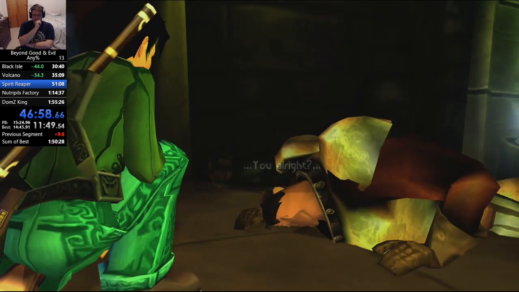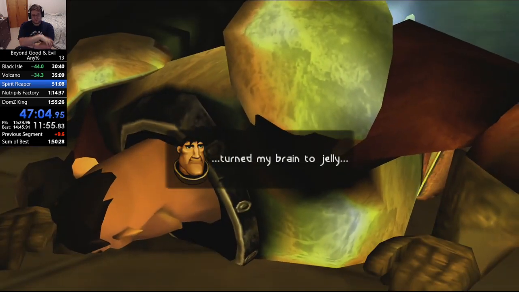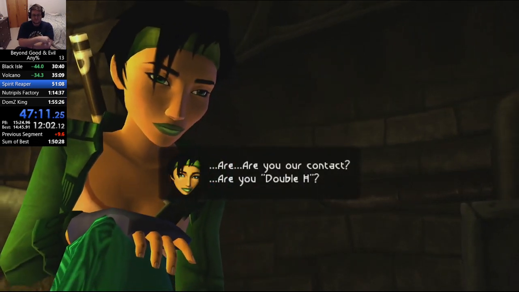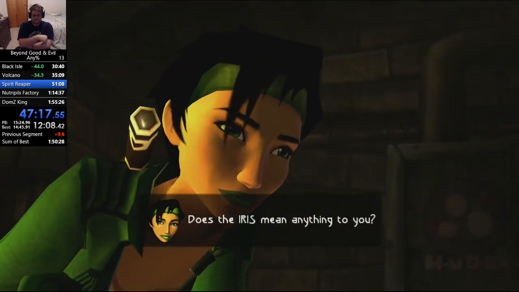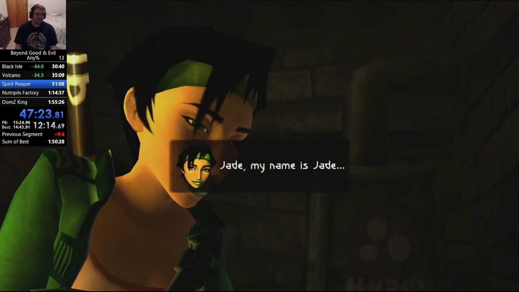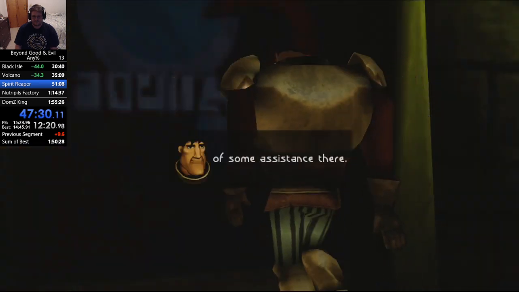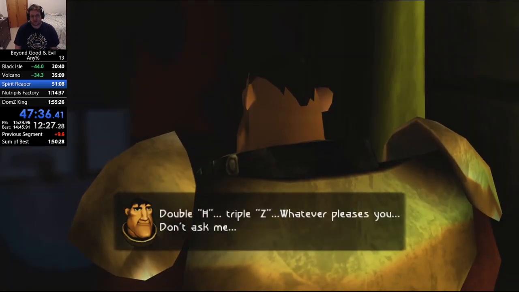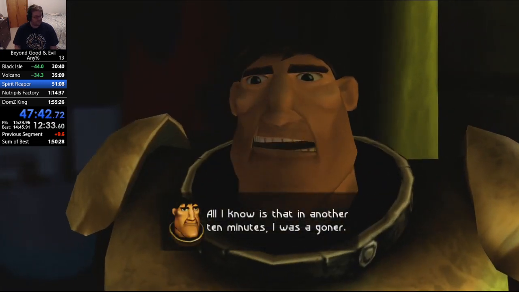You alright? They turned my brain to jelly. Are you our contact? Are you Double H? Not sure. Does the iris mean anything to you? Listen here, Miss Thyris. Jade. My name's Jade. And I haven't the foggiest how we're gonna get out of here. For that, I may be of some assistance there. So you are Double H. Double H, triple Z, whatever pleases you. Whatever pleases you, don't ask me. All I know is that in another 10 minutes I was...